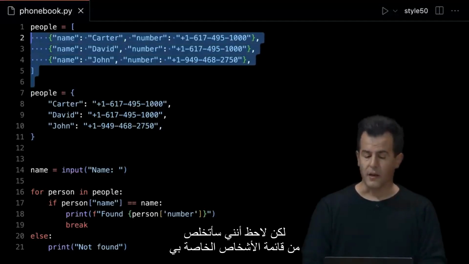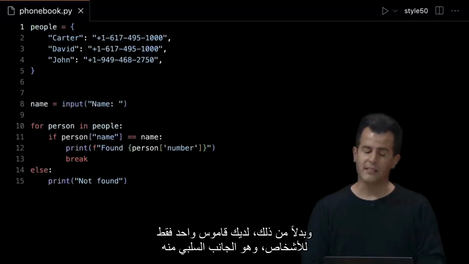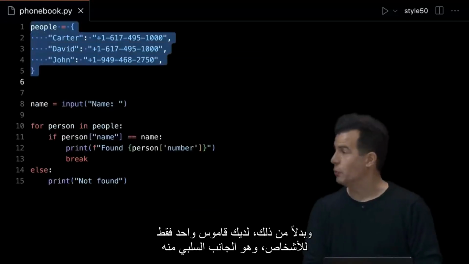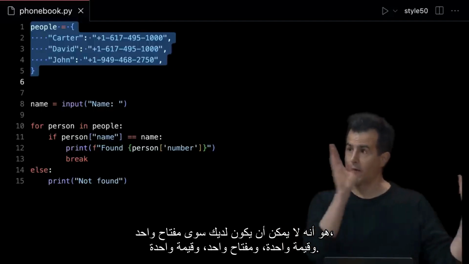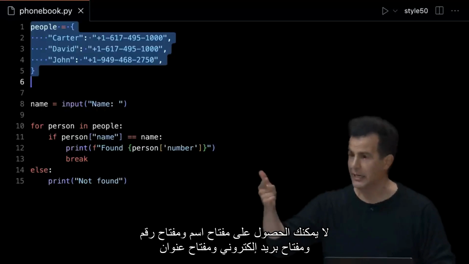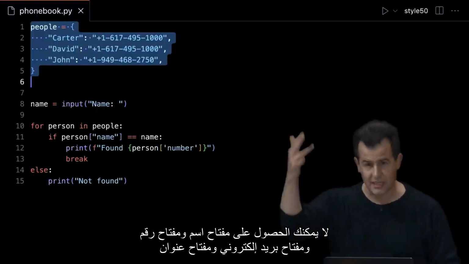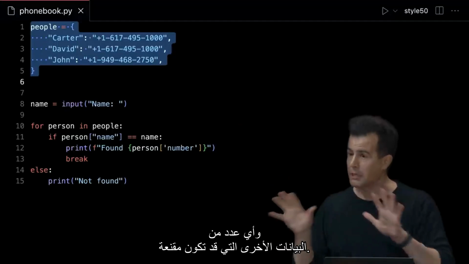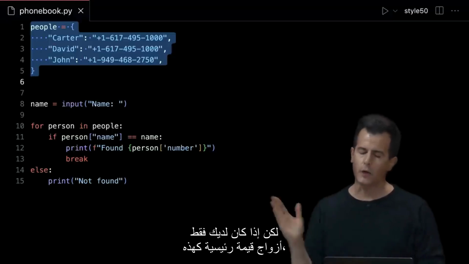But notice that I'm going to get rid of my list of people and instead just have one dictionary of people. The downside of which is that you can only have one key, one value, one key, one value. You can't have a name key and a number key and an email key and an address key and any number of other pieces of data that might be compelling. But if you've only got key value pairs like this,